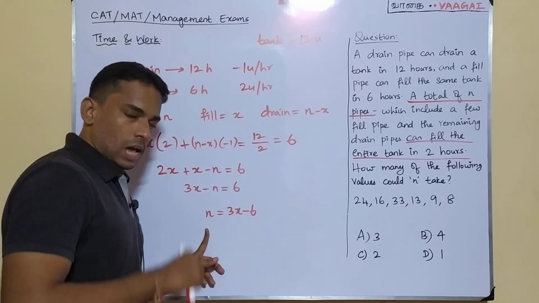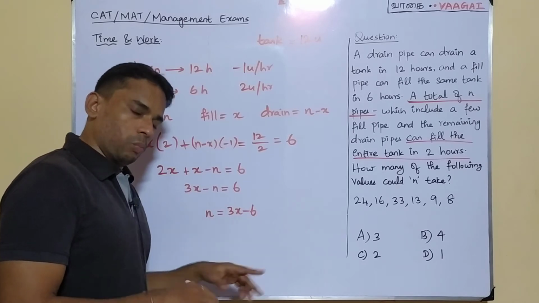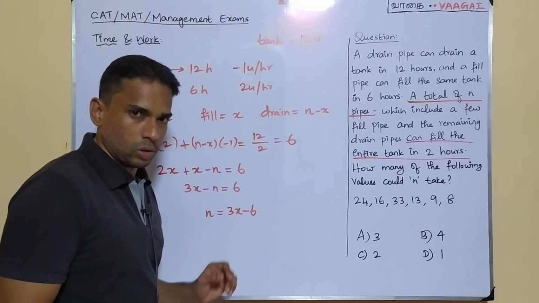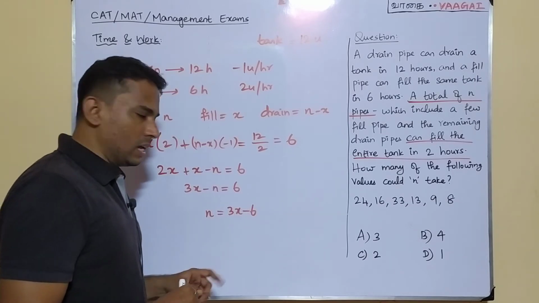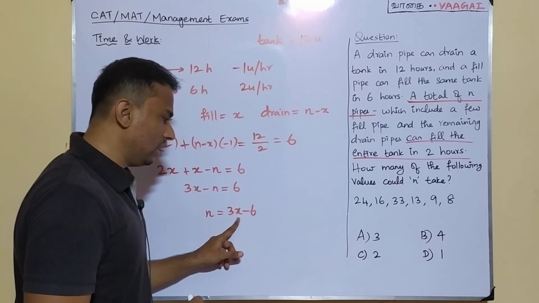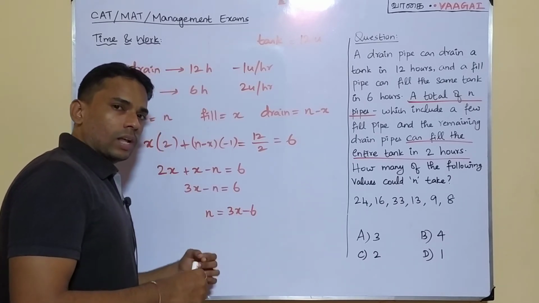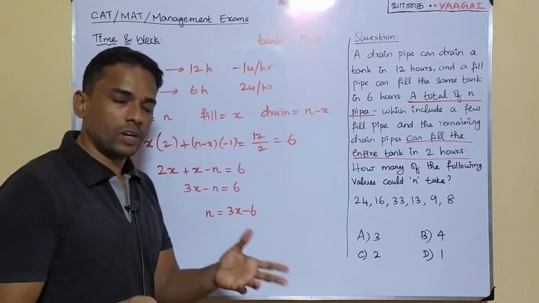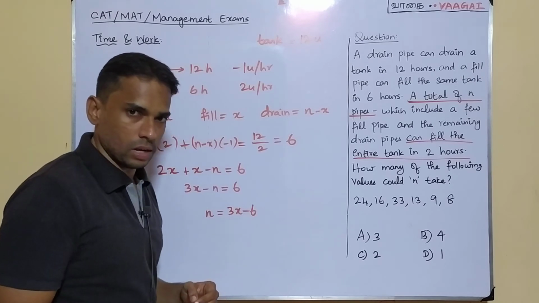Okay, so in this case our n value and x value, both of them must definitely be integers only. Now let us try to understand the nature of the value of n. See here, n, some integer, is equal to 3 times another integer minus 6. So in this range, what can we tell about n? N must be what kind of value? That we will examine here.